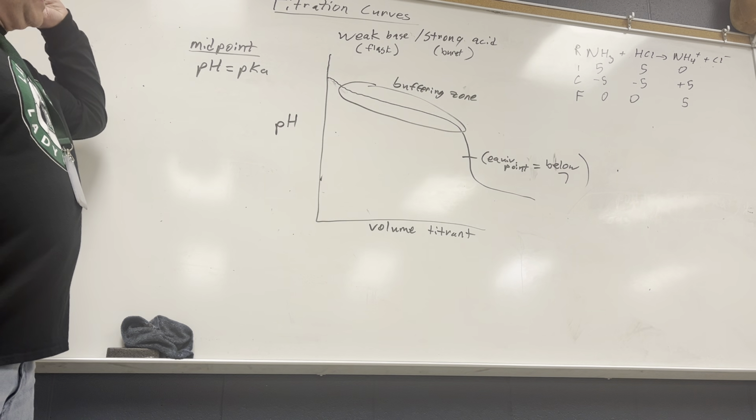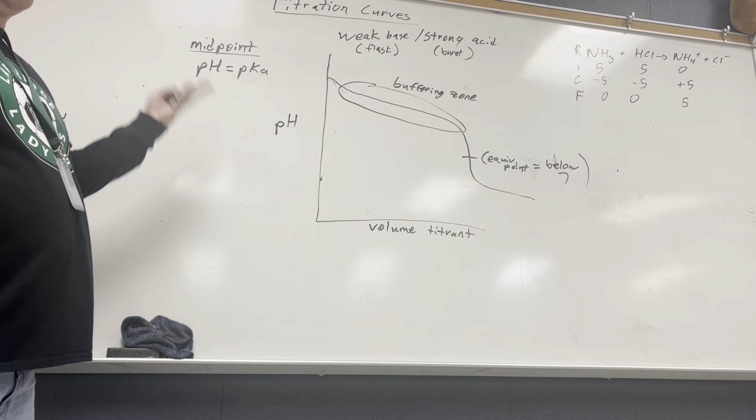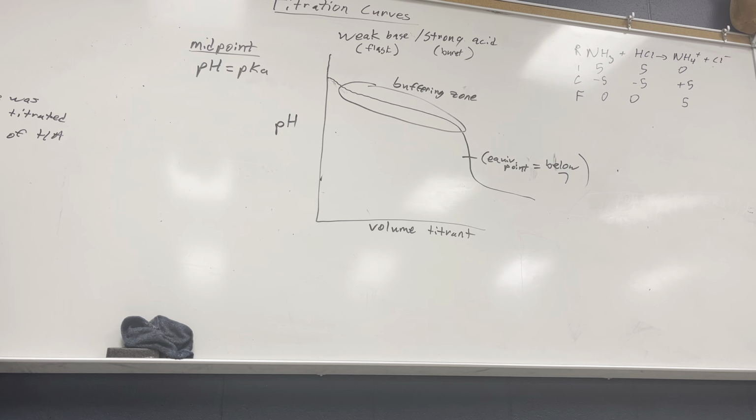But this way, no matter the type of graph, pH equals pKa at the midpoint, and just do it that way. Don't mess with the pOH thing, but if you want to do it as pOH equals pKb, knock yourself out. Any questions? All right, that's